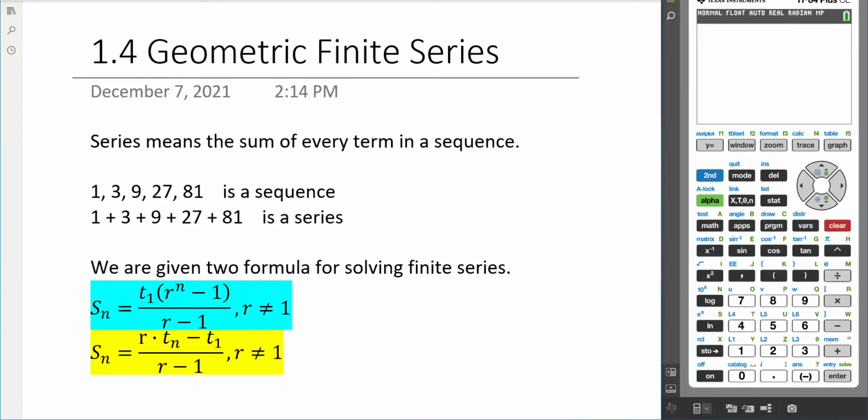Hello and welcome to my video, lesson 1.4 on geometric finite series. Series means the sum of every term in a sequence. So we looked at geometric sequences already in